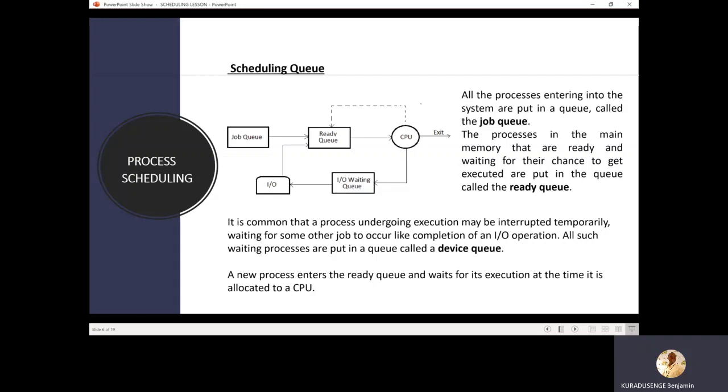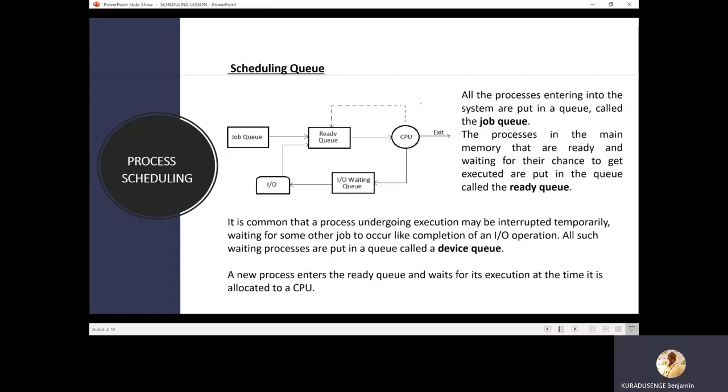Then when the resource is available, the process P1 is going to be placed in the ready queue. Then it will continue when its time comes. When the process finishes, it's going to exit or be terminated. There may also be a case where the process does not need any output and input device, but while it